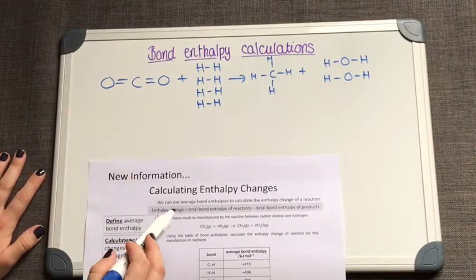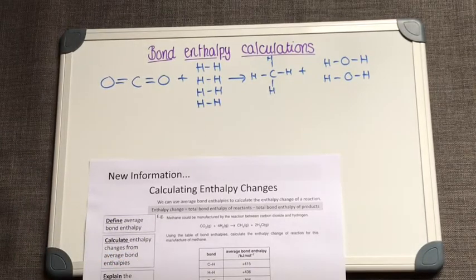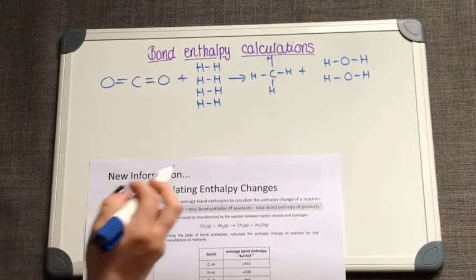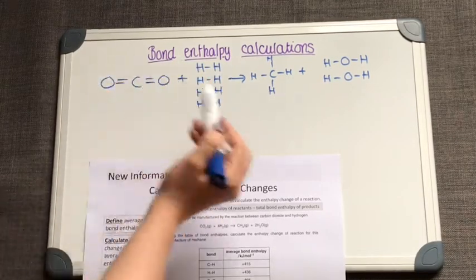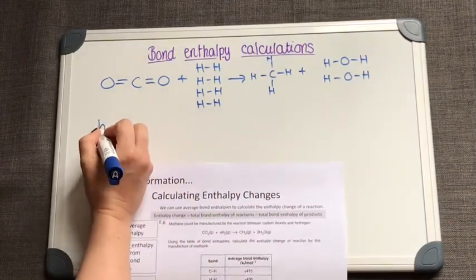The enthalpy change is equal to the total bond enthalpy of the reactants, so our bonds being broken, minus the total bond enthalpy of the products, so our bonds being made. So I need to use the values in the table to work out the values of my bonds being broken and the values of my bonds being made separately. So my bonds broken,